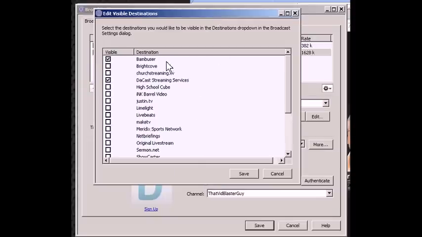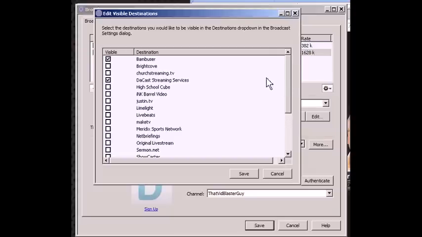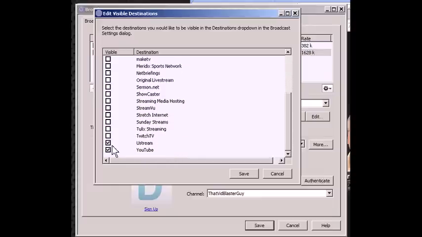And you can see that we've got Bamboozer, Brightcove, Church Streaming TV, Dacast Streaming Services, High School Cube. I mean, the list is probably about 20 or 30 different options that are sort of pre-configured into Wirecast. And then, as you can see, I've checked the ones that I want available to me at first glance. I don't know why. I just picked a few so that I could have them.